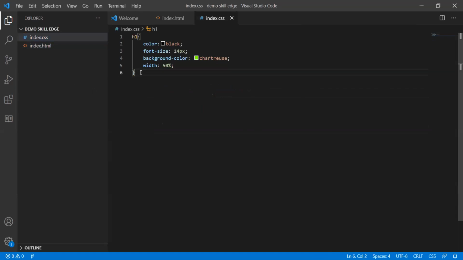Here, what we will do is, in front of these ID names, we have to mention a hashtag in order to know that the CSS we are applying is only for that particular tag.